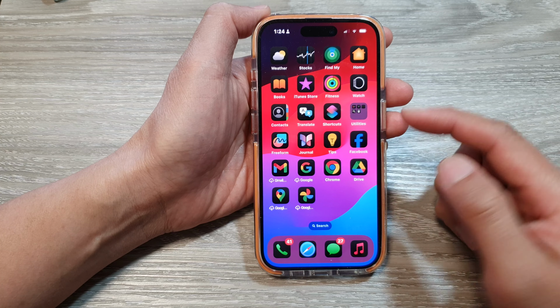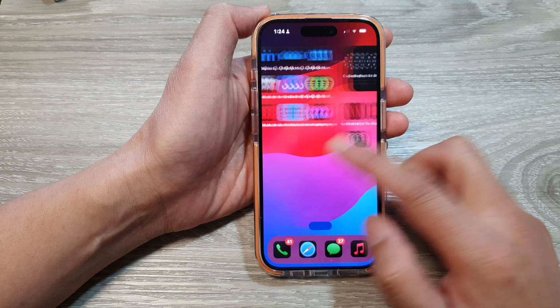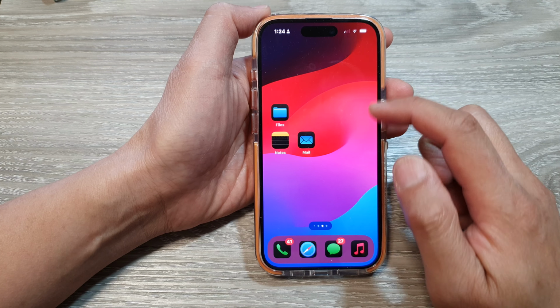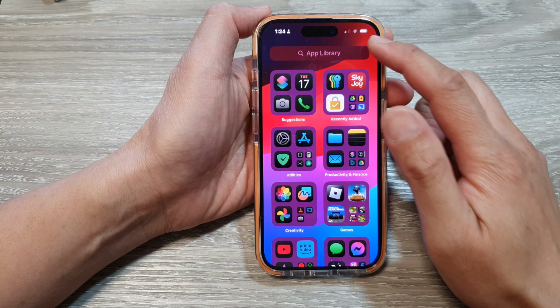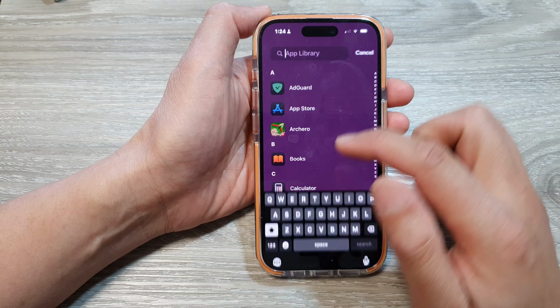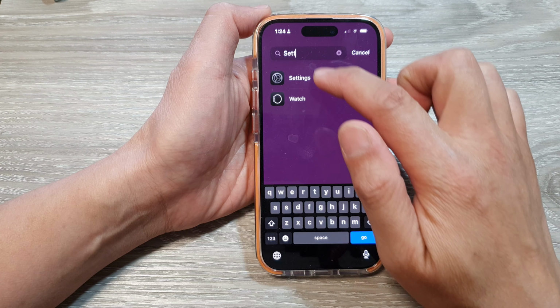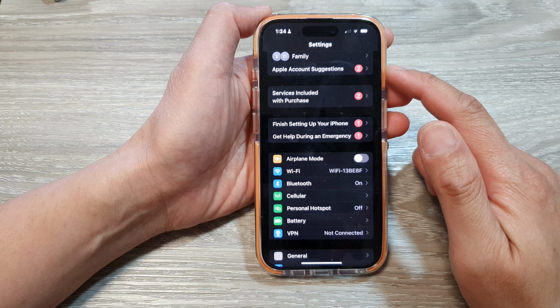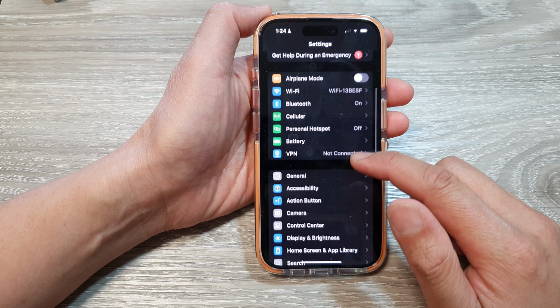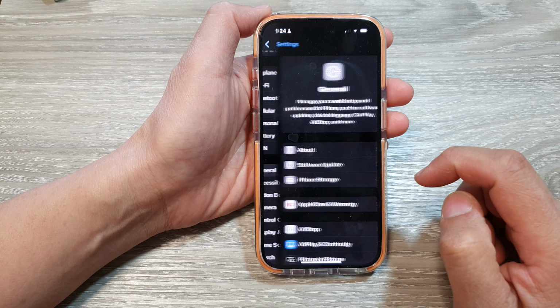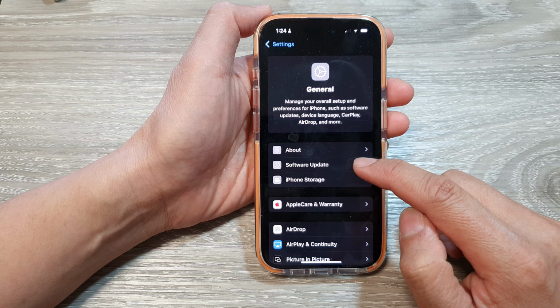Now if you can't find settings, you can go all the way to the right hand side in here. In the app library, you can type in settings and then open up settings. In settings, scroll down and then tap on general. Next, tap on software update,